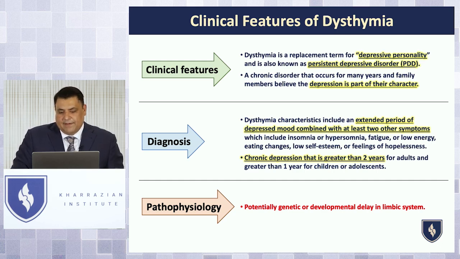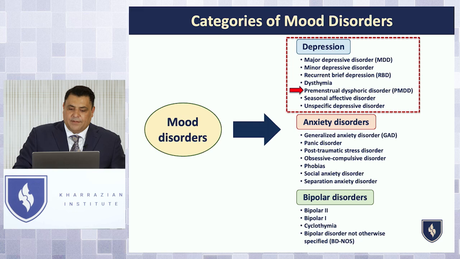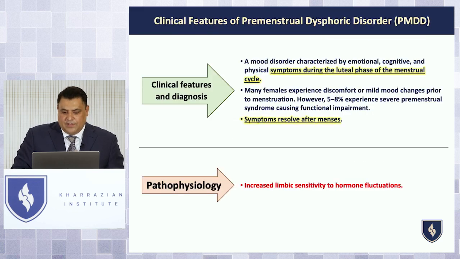Dysthymia is basically people that have these depressed characters from birth, and you have to make sure that you understand that so you don't think they're totally depressed, but it's just part of their genetic makeup. And then premenstrual dysphoric disorder isn't just PMS, because many of these women just have changes in their symptoms in the luteal phase of the menstrual cycle, but they actually have normal menstrual cycles. Some don't, but many do.